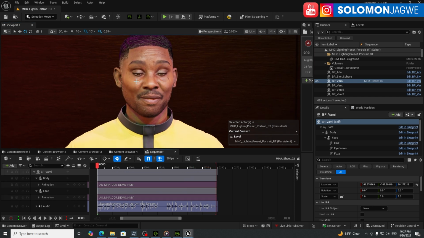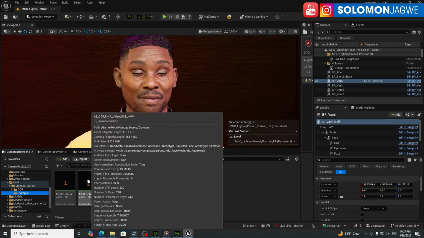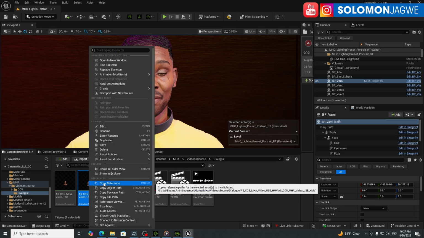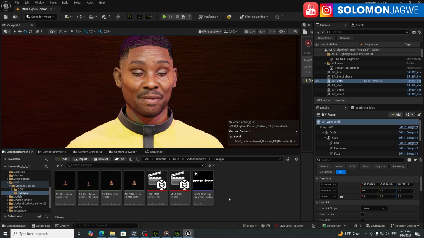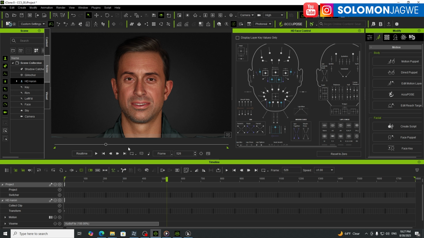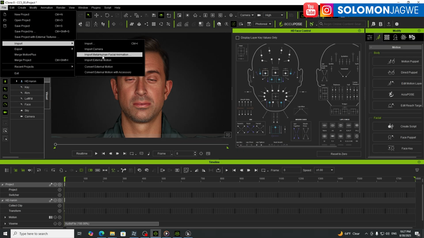So that's it. We took this facial animation from here created using the MetaHuman Animator. I went to my MetaHuman folder where I saved all these facial animations. So each one of these can be exported. You simply have to click on it, right click, scroll all the way down, click on Export CC5 Facial Animation, and make sure you name the audio the same way so that it can import it into iClone. And then go to iClone over here, remove the facial animation on the character, click File, go to Import MetaHuman